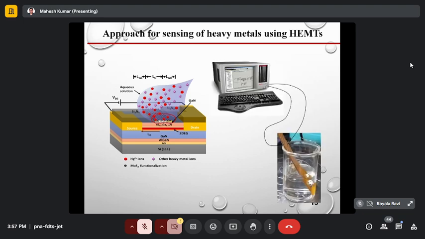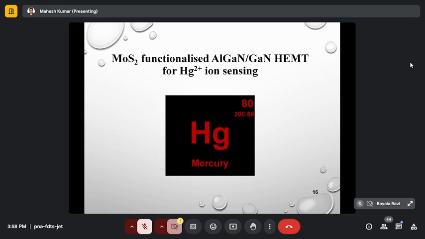So now here, what we do in the water: we take this device, we take the contact, and then we apply a constant voltage and monitor the current between source and drain, how this current is changing. So we have made this first one as one example, but similarly we can make sensors for all heavy metal